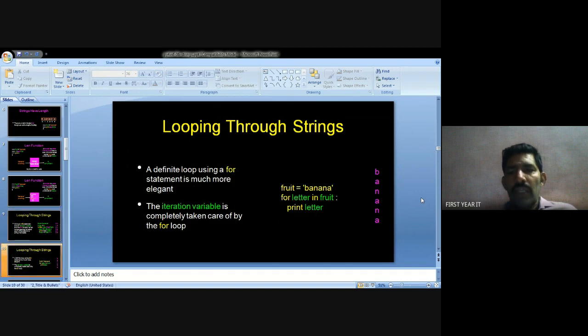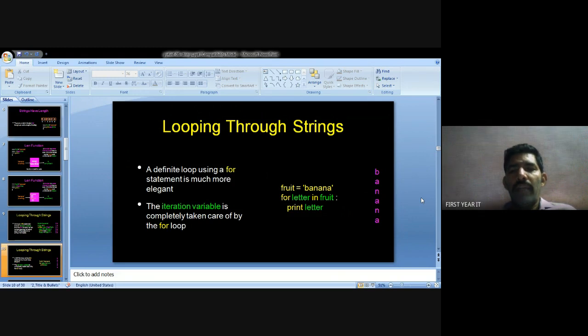Another one: you can create another loop, that is a for loop. In this for loop, we can get the iteration of the variables. So the for loop executes the statement a number of times. Okay, fruit equal to banana.